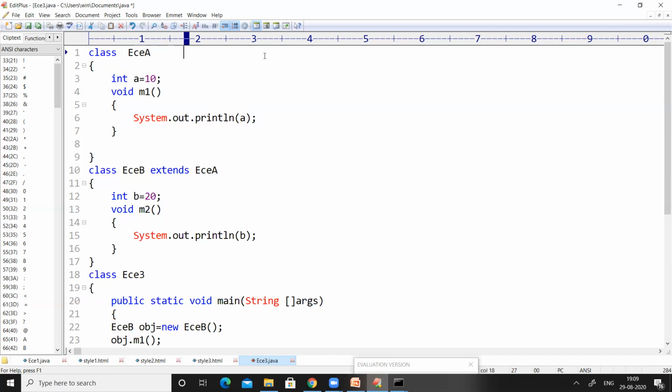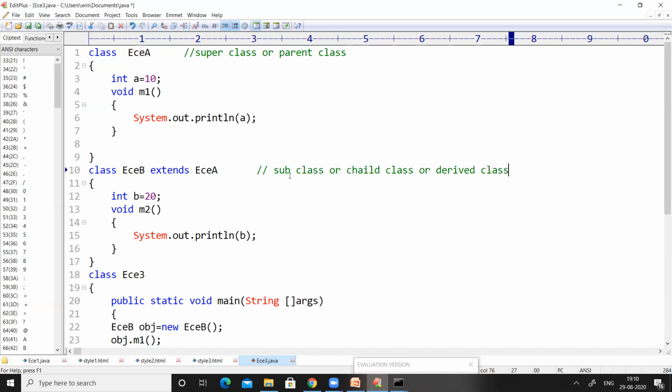This class is called the superclass. The other names for it are parent class. The other names for the other class are subclass, or child class, or derived class.